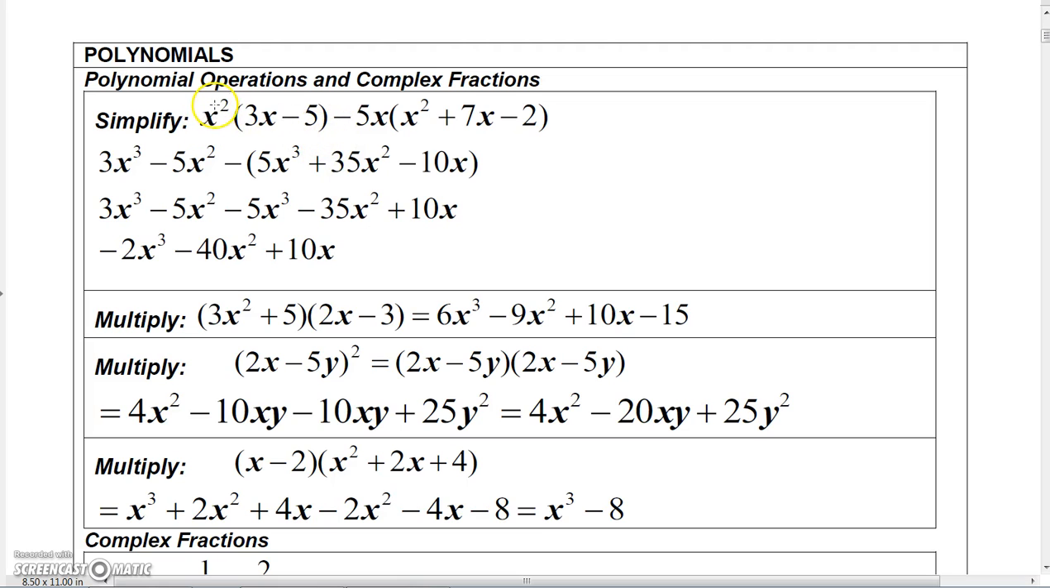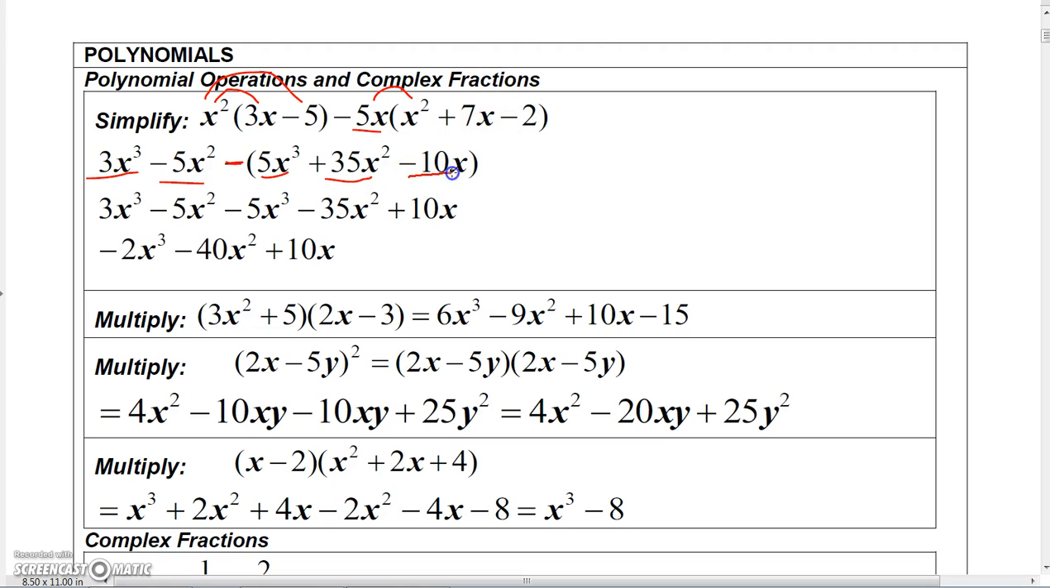Now, here I'm going to distribute the x squared into the 3x, and I'll get 3x cubed. And I'll distribute the x squared times minus 5 and get minus 5x squared. Now, over here, I'm going to be very careful. There's a couple of ways to do this, but I'm going to leave the minus out here, and I'm just going to multiply the positive 5x term. So 5x times x squared is 5x cubed, and 5x times 7x is 35x squared, and then 5x times minus